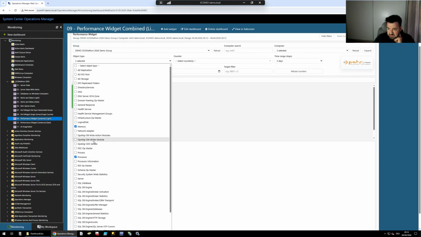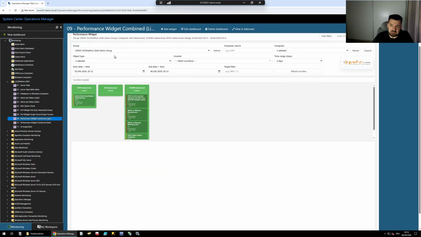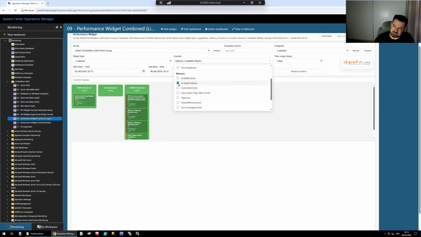Let me see where it is. Network adapter, processor information, and logical disk, of course. So I have selected 3 object types. Now we are going to the counters. We have selected 3 object types, and you see under each object type, you have the corresponding counters for selection. Let's take one of the counters, memory available megabytes. As soon as selected,